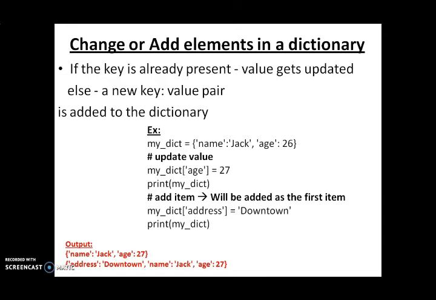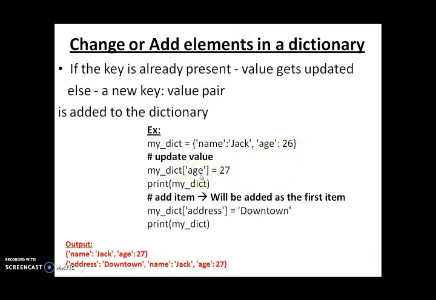Adding is, you are going to add a field called address. You are having name, age, you are going to add a mobile number or some other details of that particular person. Then here you are coming with the concept of adding elements in a dictionary. You can see here in this example, my_dict is nothing but the dictionary, name and age. These two things we already had. To update the value, that is updating, is nothing but changing the element. So here we are going to change this particular age to 27.